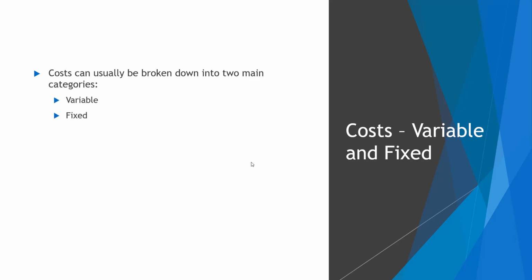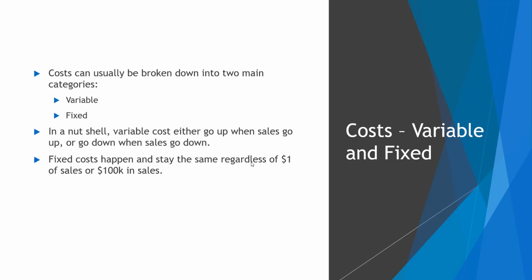Costs, variable and fixed. Now, when you're determining your break-even point, it is extremely important that you understand what your variable costs are and what your fixed costs are. And these two main categories, variable and fixed. In a nutshell, variable costs will go up when your sales go up and will go down when your sales go down. So in other words, if you're selling a product and it requires insulation, and depending on how much,